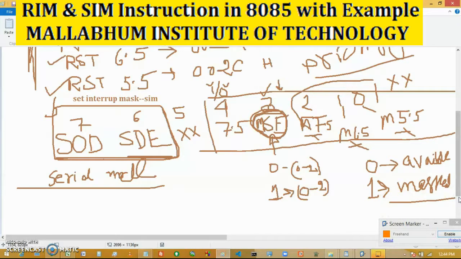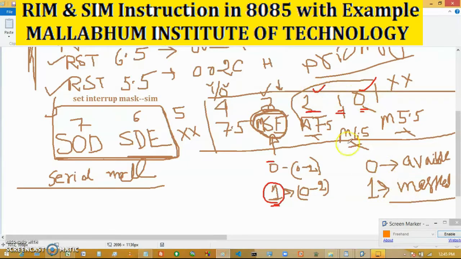Okay, so I am repeating again. Bit number 3 flip flop is mask set enable. According to that bit, we consider the rest of the bit pattern, that means bits 0 to 2. If it is 0, we ignore these 3 bits, whatever may be the value. If it is 1, then according to the bit pattern of these 3, the interrupts can be enabled or disabled. Suppose this value is 1, that means we can take this as on state, whatever may be the value.